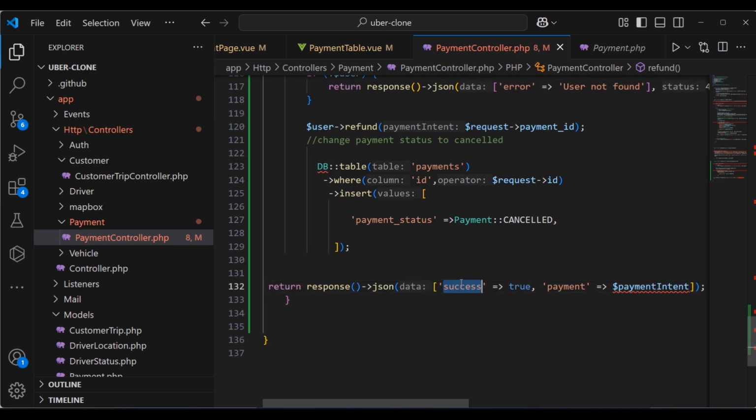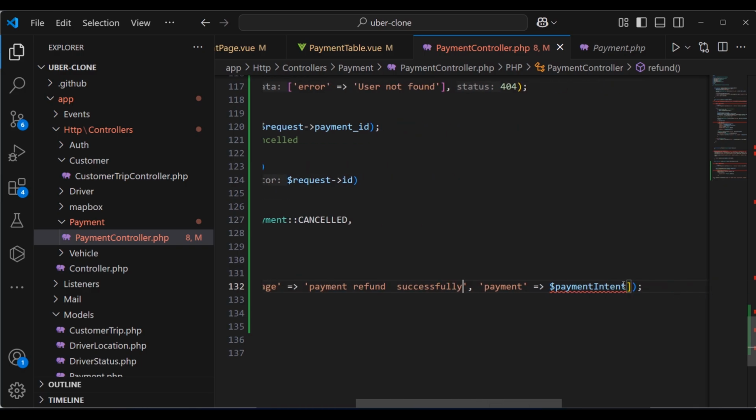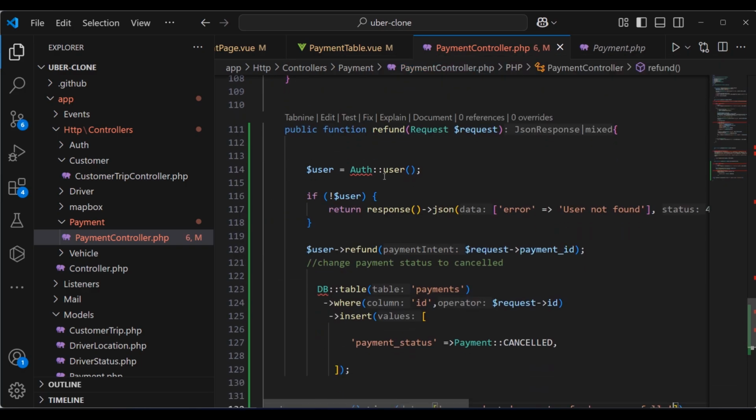We're going to pass a message, and then we're going to pass here "Payment refund". Like this, "Payment refund successfully." And this is the only message that we're going to send to the user. Now we're going to head in the API of the PHP, and then we're going to create an